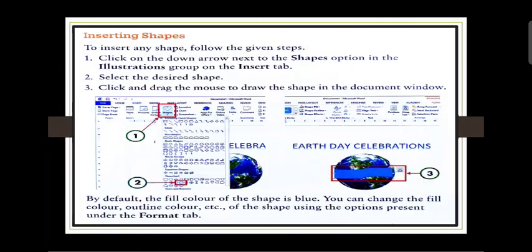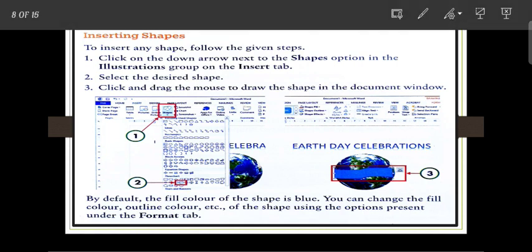Next is inserting shapes. To insert shapes, first click on the down arrow next to the Shapes option in the Illustrations group on the Insert tab. This is the Insert tab, and this is the Illustrations group, and this is the Shapes option.